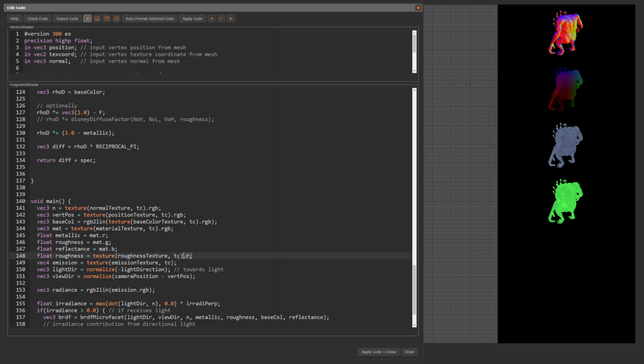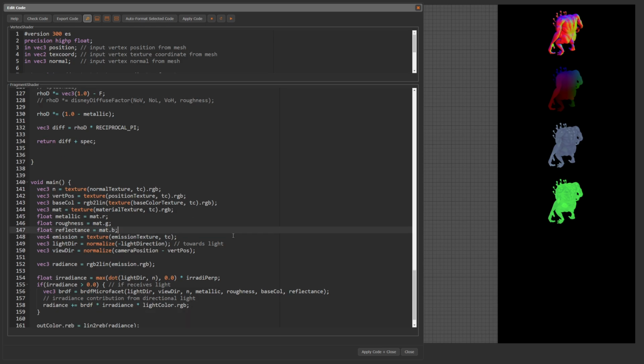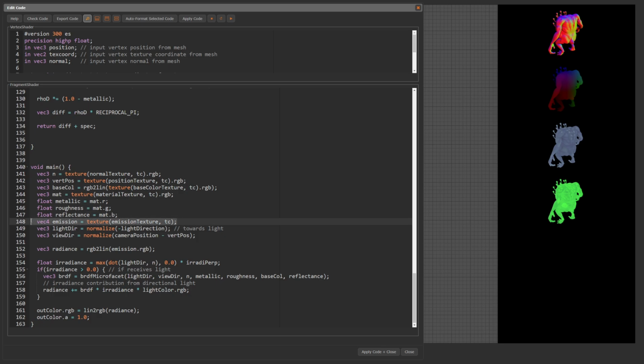We can remove this line because the roughness parameter is read from the gbuffer now. And we can keep this line for the emission parameter. Okay, that's it. All parameters are now read from the texture. Everything else stays exactly the same. This code here performs the lighting calculation for the directional light that we have in the scene.